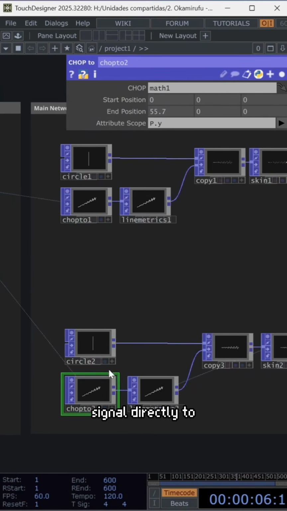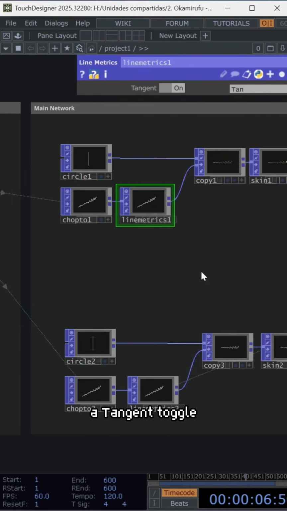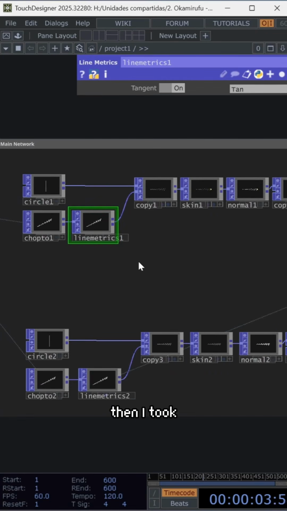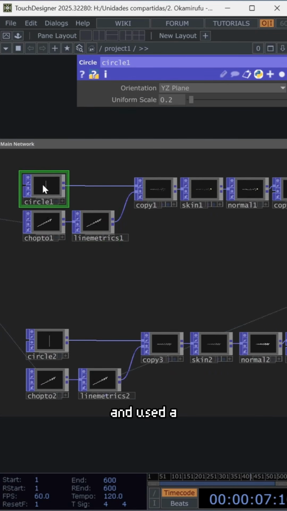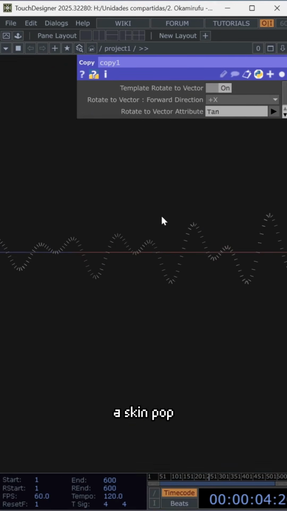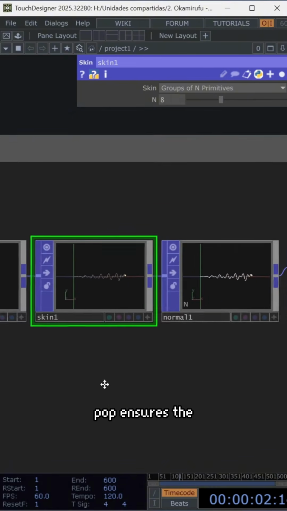the math signal directly to the vertical height on the Y-axis. To build the geometry, I ran this through Align Metrics POP with a tangent toggle on. This is crucial for getting the orientation right. Then, I took a small Circle POP and used a Copy POP to sweep those circles perfectly along the curve. A Skin POP wraps it all into a solid 3D surface, and a Normal POP ensures the lighting hits it